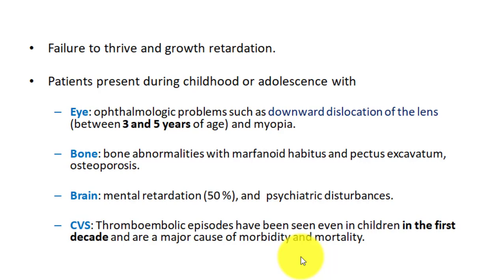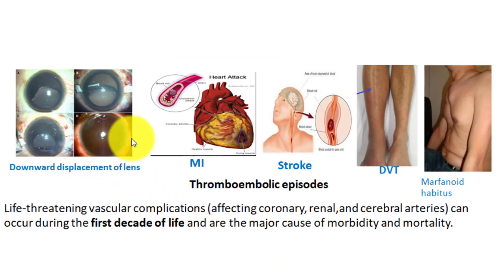So this patient has eye problems, that is dislocation of lens, osteoporosis, and marfanoid habitus. The brain has involvement, with mental retardation and psychiatric disturbances, and serious thromboembolic episodes are there. Now you can see the downward displacement of lens in such patients. And because of thromboembolic episodes, these patients will have myocardial infarction at an early age, within 1 decade